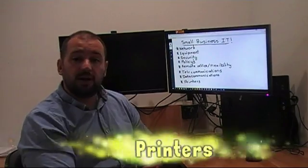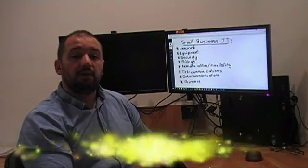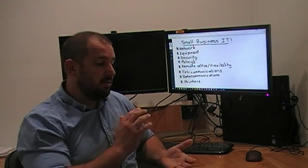And then lastly, we're going to cover a topic on printers, basically lowering your costs of printers, especially if you have a lease printer. You normally get charged more for colour copies, so we'll ensure that the system and the printers are all set up correctly, so the people that need to default to black and white are defaulting to black and white automatically, and the colour printers are set so people are printing in colour only when they need to. We'll also talk about